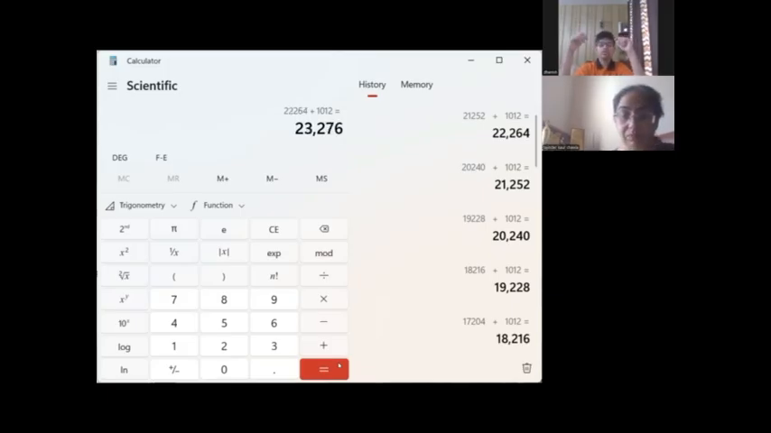276, 24, 288, 25, 300, 26, 312, 27, 324, 28, 336, 29, 348, 30, 360, 31, 372, 32, 384, 33,